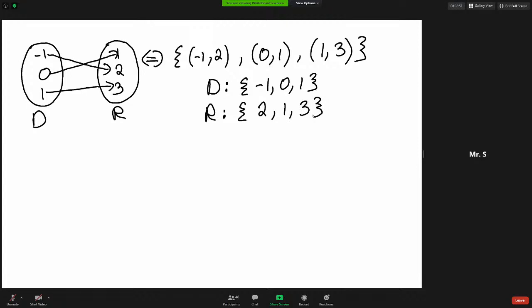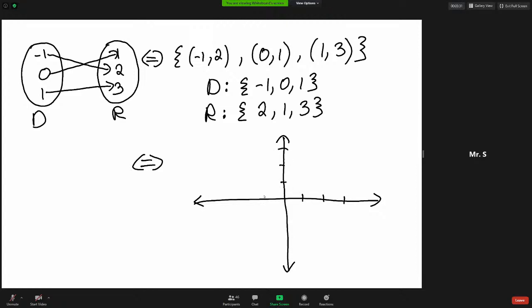or the set of all the second components of these ordered pairs. Now, because we have ordered pairs and we know that we can graph ordered pairs, we can plot them, that gives rise to yet another representation of relations, which is their graphs. If we plot these points on the XY coordinate plane,